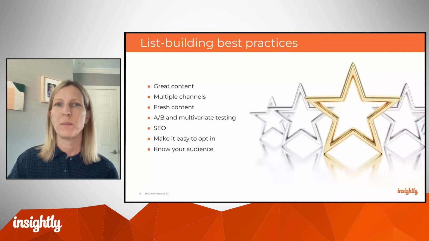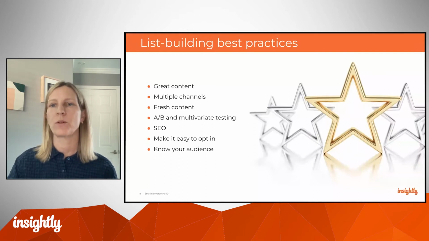Make it simple for people to opt in by keeping your forms on your landing pages really short and sweet. Just the minimum information that you need to be able to communicate back. And finally, have a deep understanding of what your prospects are looking for. Use your sales team. Review the competition. Know your sources of information and the channels that are important in your industry. Know who your thought leaders are. Listen to Gong calls for more information. Make sure that you know what your prospects and customers need, and then serve that content to them in a way that's really easy for them to access.